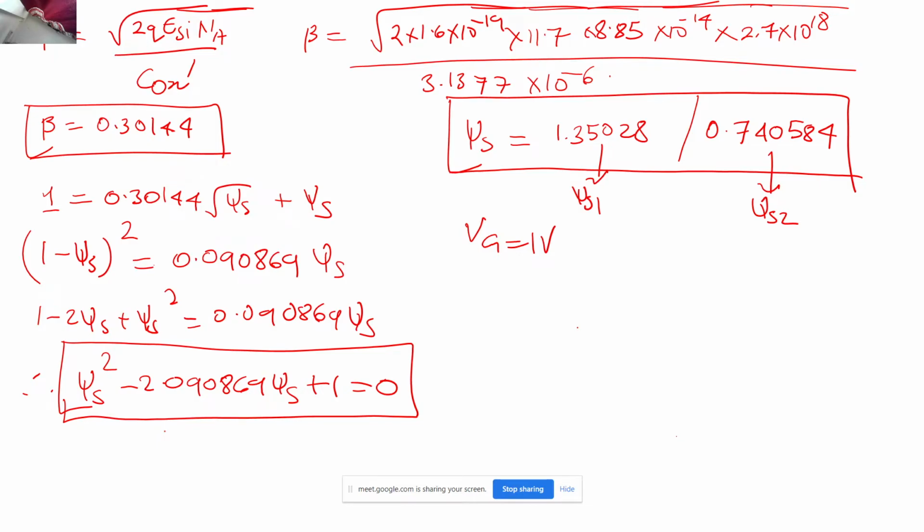Yeah, somebody is saying second one. Yeah, can you please explain me the reason? Your answer is correct. Can you please explain me the reason? Depletion approximation. How did you get from depletion approximation this value is correct? If possible, can you unmute yourself? I just want to know your approach. Your answer is absolutely correct.